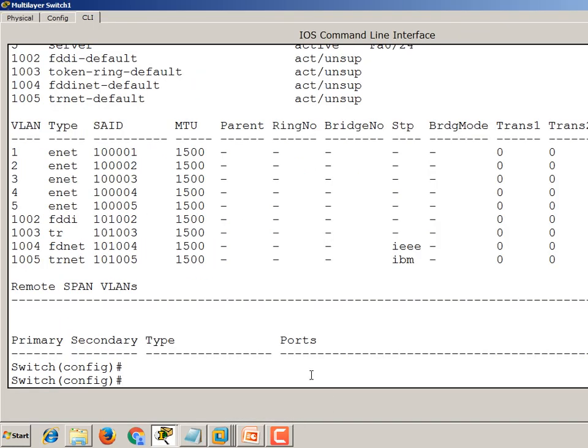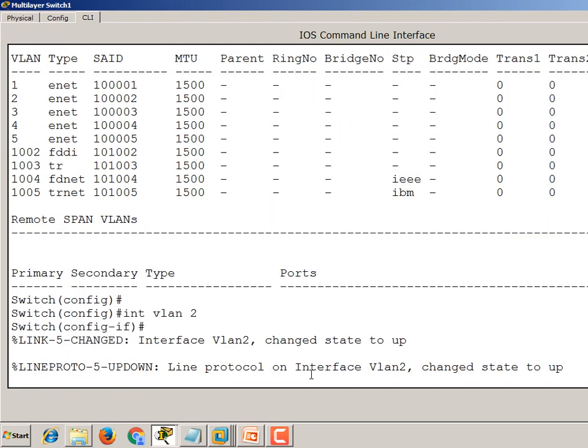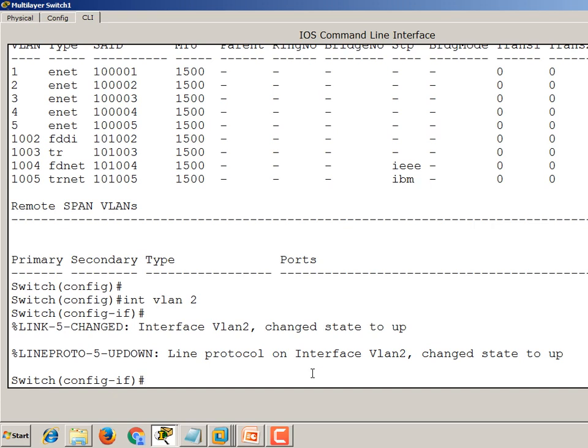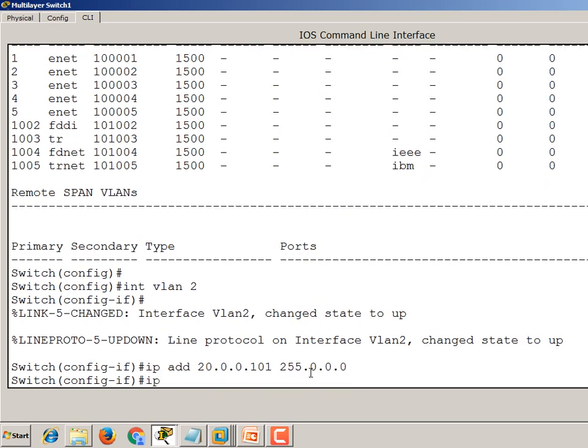Interface VLAN 2. First I am going to assign the IP: ip address 20.0.0.101 255.0.0.0.